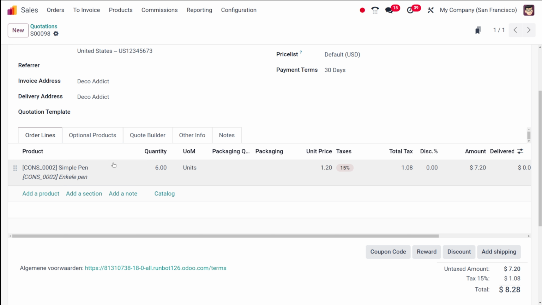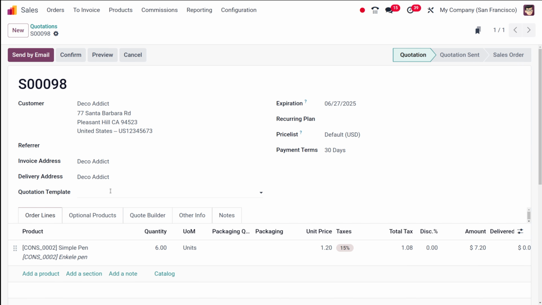At the top of the catalog page, you'll also see a button labeled back to the quotation's reference number. So we've clicked there and we came back. It will take you back to the original form with all your selected products and their quantities neatly added to the lines. The other important note is products will appear in the catalog and can be added to an order even if you have 0 units on hand. So always remember to confirm availability to avoid any inventory inconsistencies or delays in your operations.